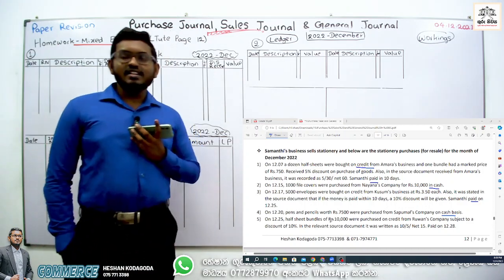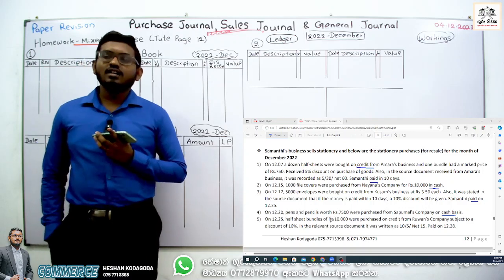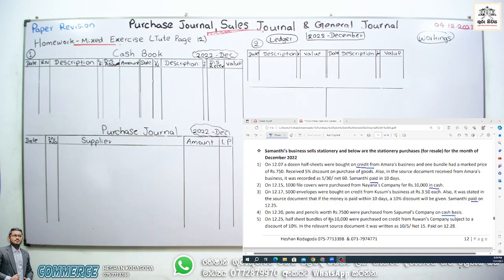Anyone? Dozen, can you hear? Dozen means 12. Half sheets were bought on credit from Amara's business and one bundle had a market price